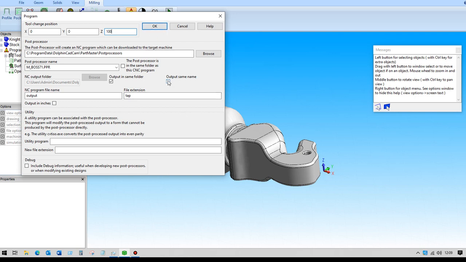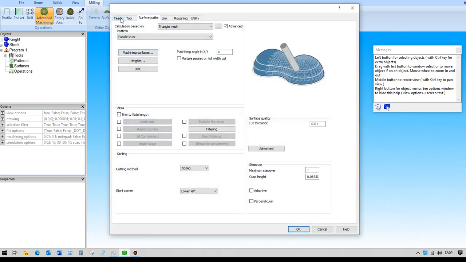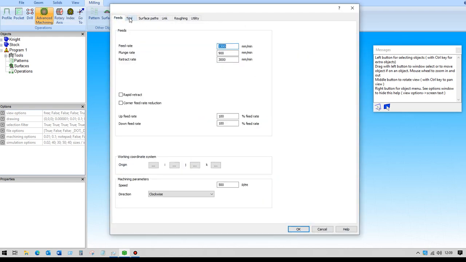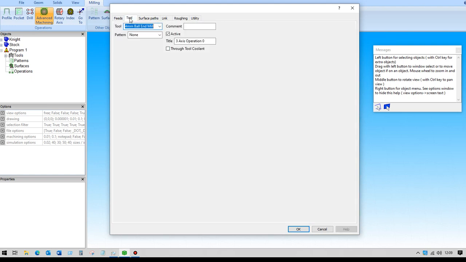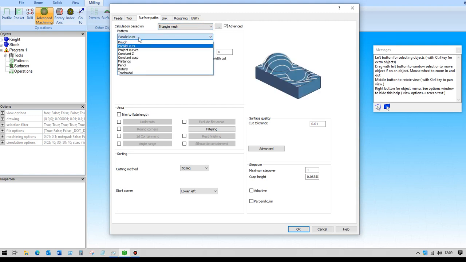Okay, and also we can output the G-code file with the same name as the part file. So we're going to use the advanced machining again. We'll set up the speeds and feeds to wherever we want them to be. We can use that same tool, the 4mm end mill, and under surface paths we're using triangle mesh and we're